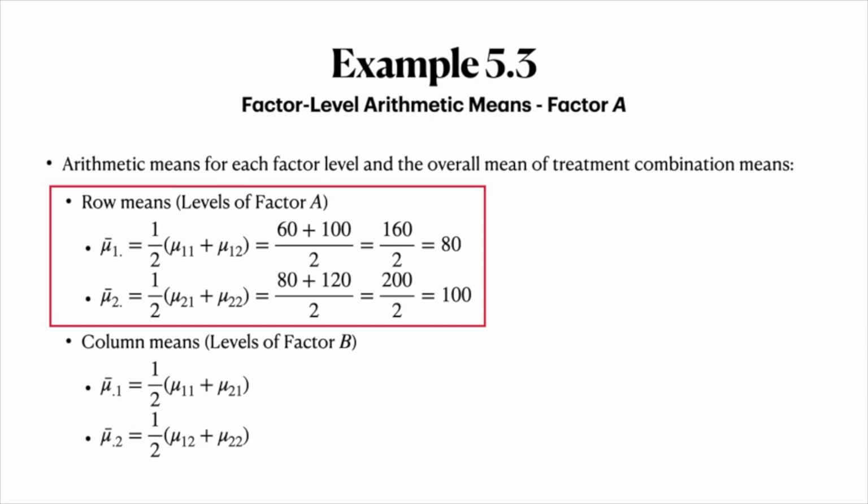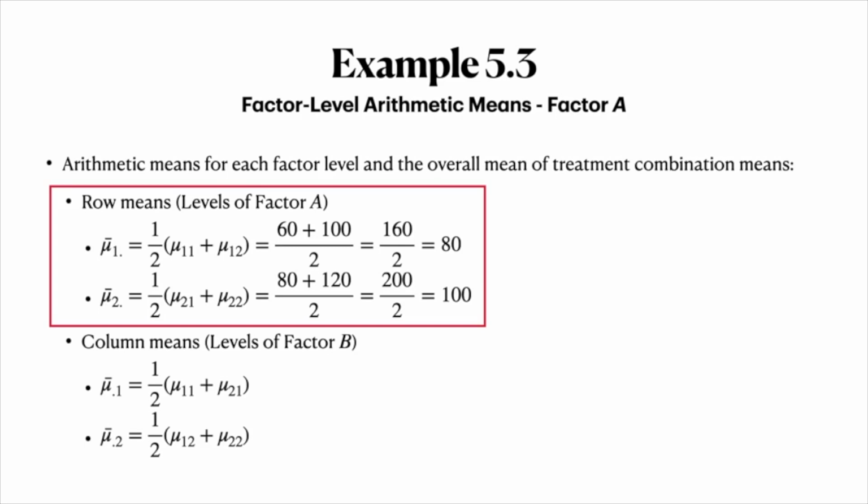But first, we're going to calculate the row means, in other words, the means of the levels of factor A. And so mu bar 1 dot, that is the arithmetic mean of the treatment means for those treatment combinations that have the first level of factor A. So the arithmetic mean of mu 1, 1 and mu 1, 2. And if we think in terms of the two-way table, that is the arithmetic mean of the treatment means in the first row of that table. That row mean is equal to 80,